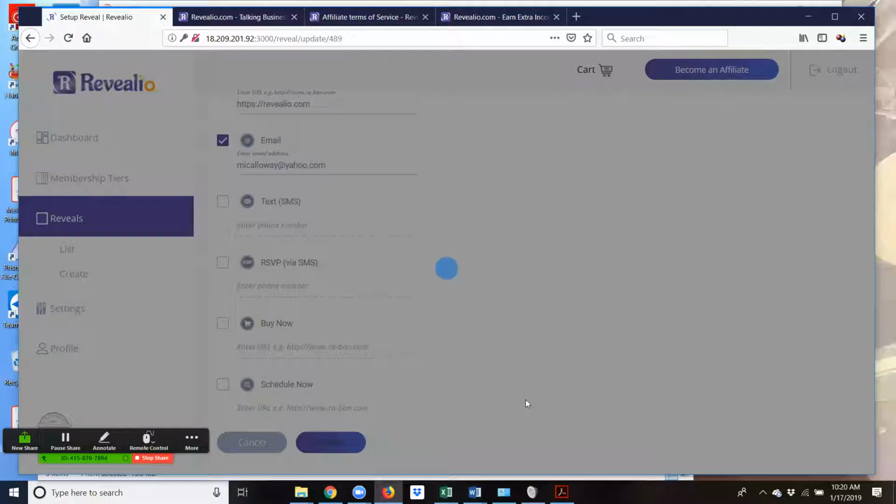Once I hit submit, then REVEALiO backend, our customer service side, we receive a request, and then we have to go in and approve that request. So that is the process. Depending on the size of your video or the size of the image that you uploaded, this part here may take a little bit longer. All right, so as soon as it gets done here,